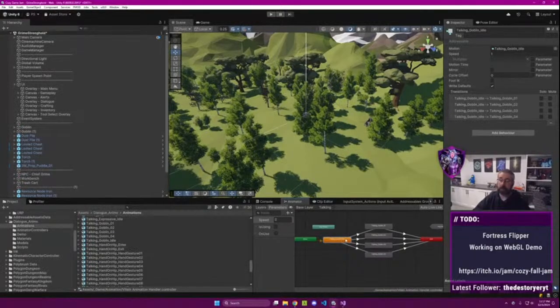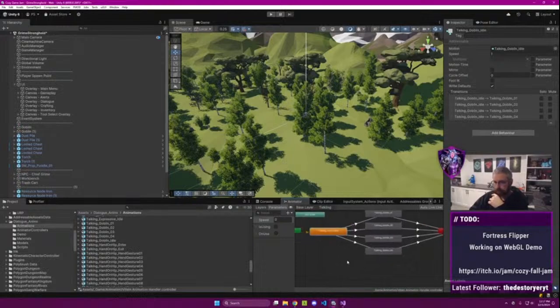So this is what we're working on. We are going to try to make the goblin talk when he's delivering dialogue. Which is cool because we can try to work that in with Ink, which is the system we're using for dialogue. Via a tag, so we can say, when he's delivering this part of the dialogue, we want to trigger this animation. Now, what I'm doing here